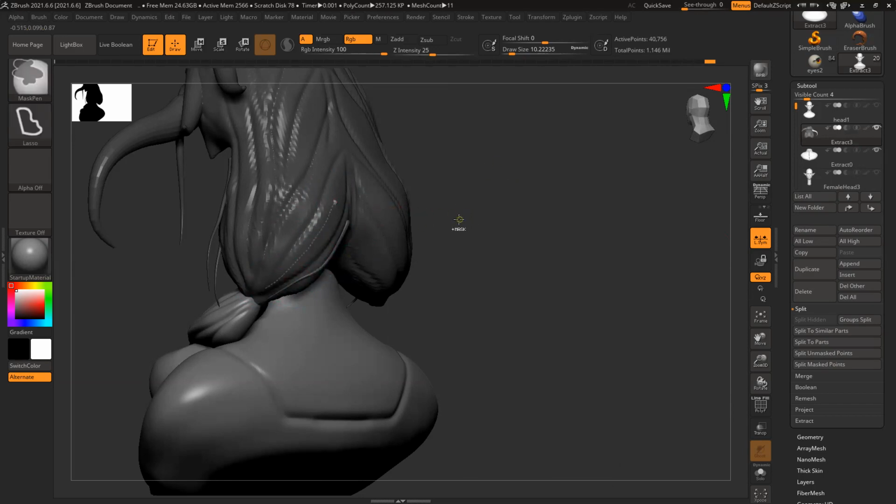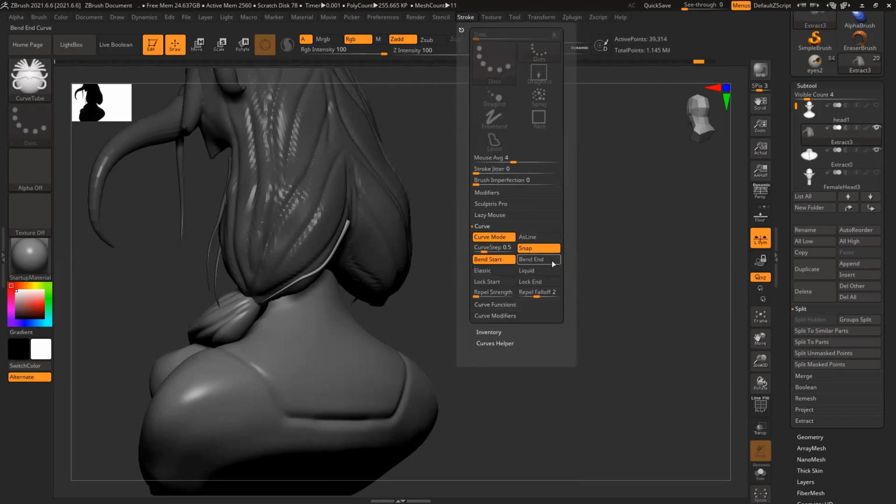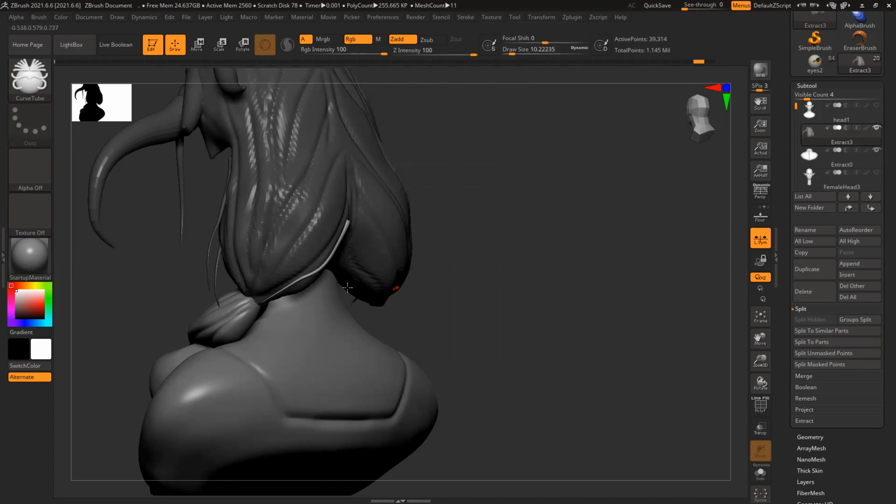Why is this thing creating this issue? Curve snap is on. Elastic, let's see.